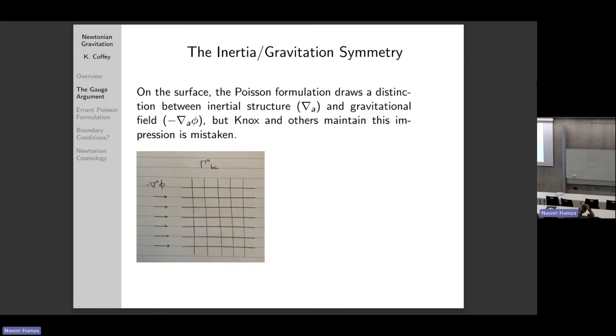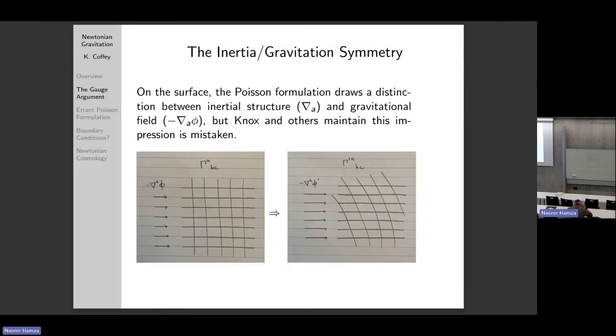And so here's a sort of visual way of understanding what this transformation looks like. Here we have some inertial structure, and we have some gravitational field. And what one is in effect doing in this transformation is augmenting the gravitational field and changing the inertial structure. And I'll come back to these two descriptions in a moment. But if all the math that just came on the previous slide looks unintelligible, just think of it as implementing this transition, right? Where the grid represents the inertial structure, and here we have the gravitational field.